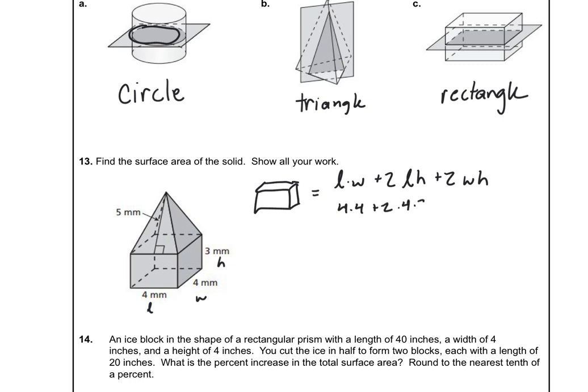2 times 4 times 3 will be length times 2 times length times height. And then kind of the same thing for the other one there. 4 times 4 is 16. 2 times 4 is 8. Times 3 is 24. Same thing here. 16 plus 24 plus 24 gives us a surface area of 64